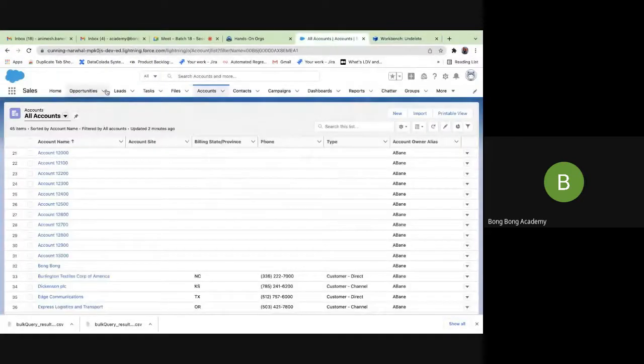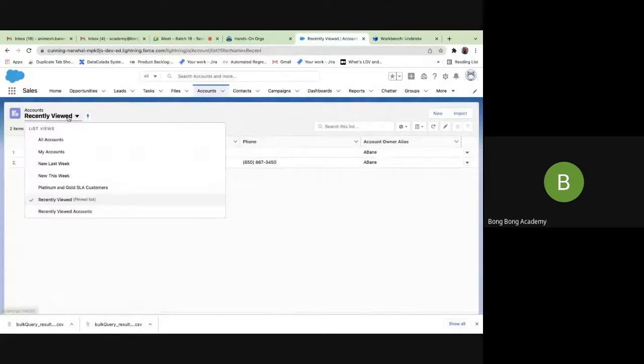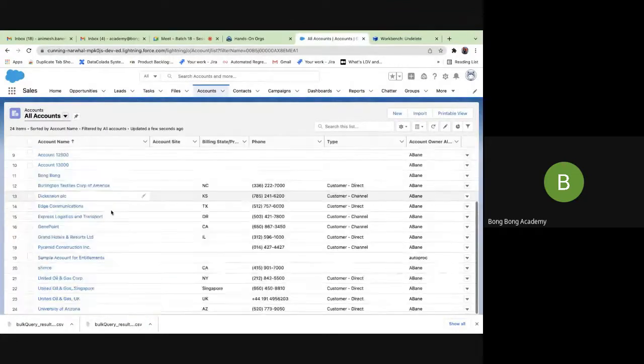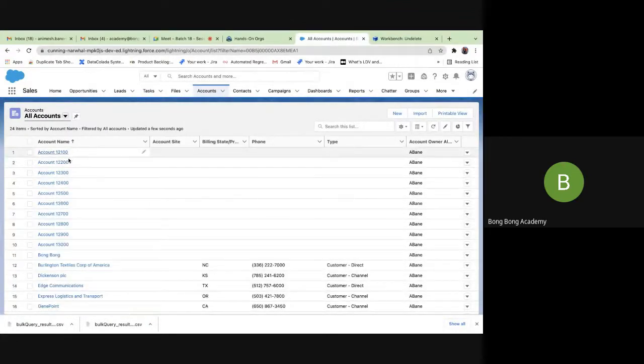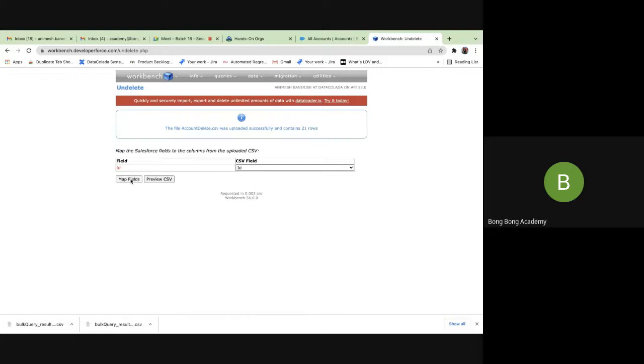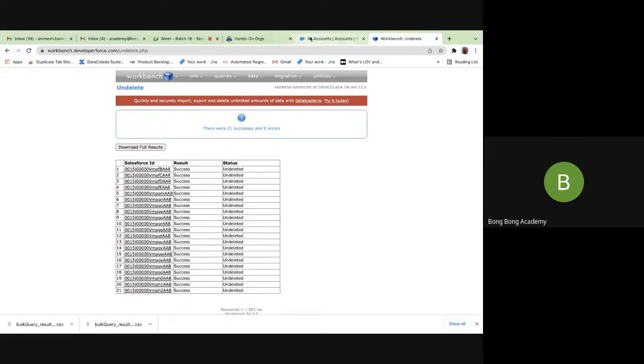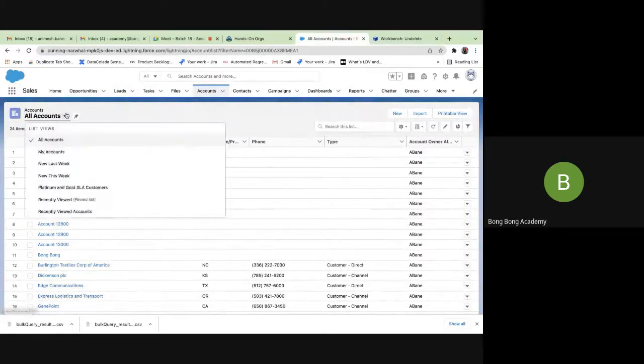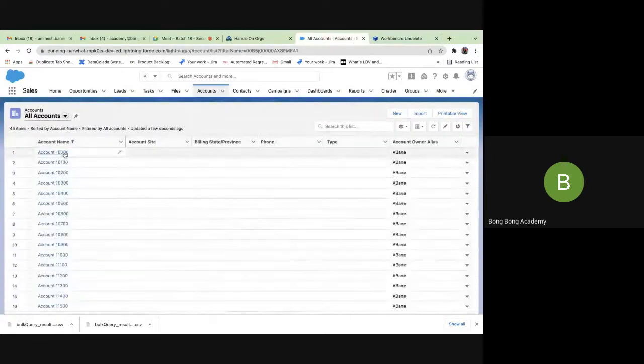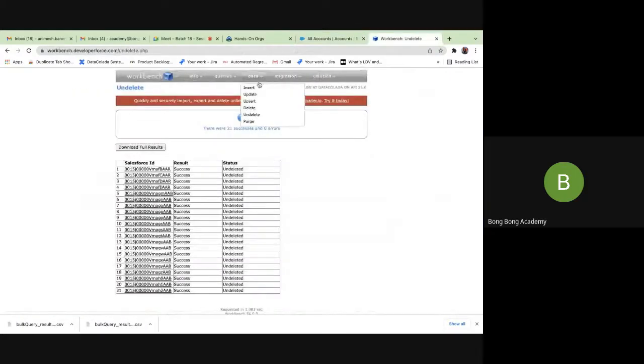Right now, let's see what has happened. It has deleted, right? So if I go to account, I cannot see 10,000 to 12,000 records, right? Those are gone. But if I just undelete once again, I'm undeleting now, then these old accounts are back again. You see, 10,000 to 12,000 is back. So now I go and delete it once again.